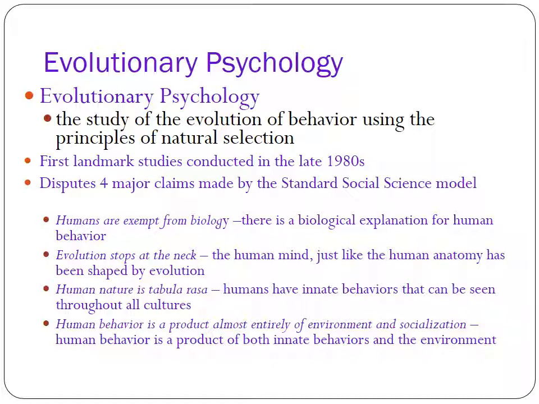So what we're going to talk about now is evolutionary psychology. This actually came about in the 1980s, and that is not a typo, 1980, not the 1890s. Now, anytime we think of evolution, we immediately go back to Darwin, and that would have been the 1890s. But evolutionary psychology wanted to look at how certain behaviors exist globally. In other words, there are going to be some things that are just part of how we evolved as a species.